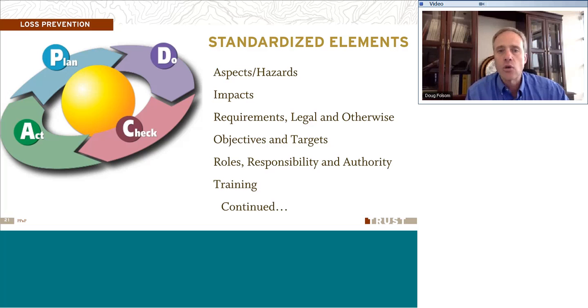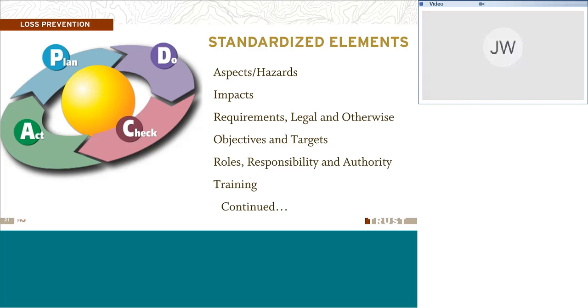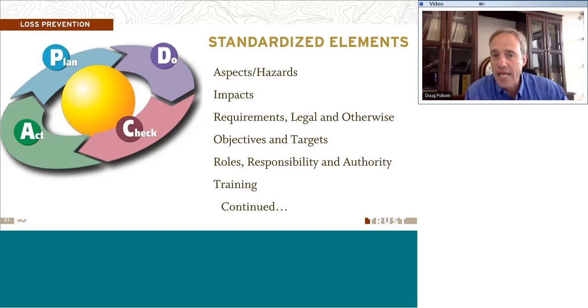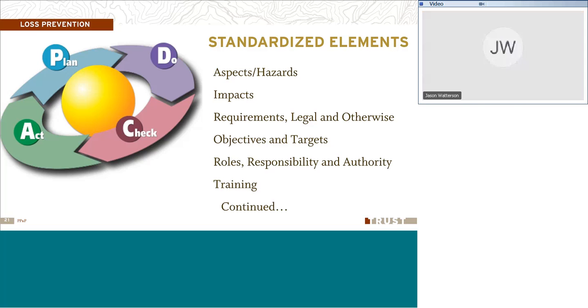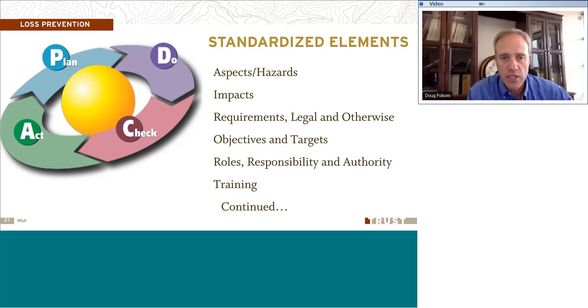What are the legal requirements or other requirements that we have that we need to fulfill? Our duties, roles, responsibilities, and authority. We need to make sure that we understand those. When people fill specific roles, and when someone has a specific authority given to them, that allows us to maintain this consistency and accomplish the objectives and the goals.